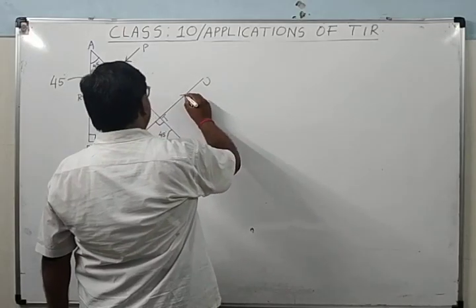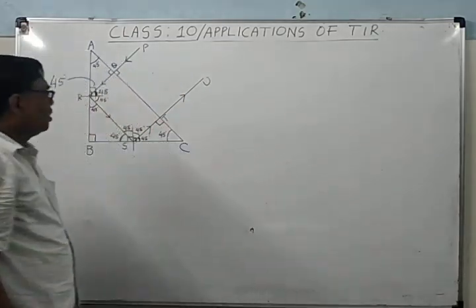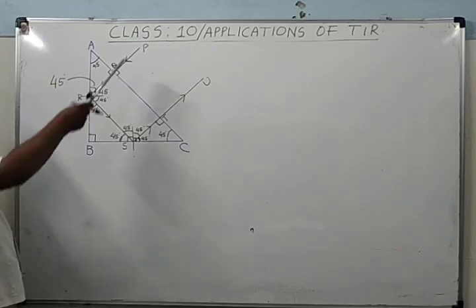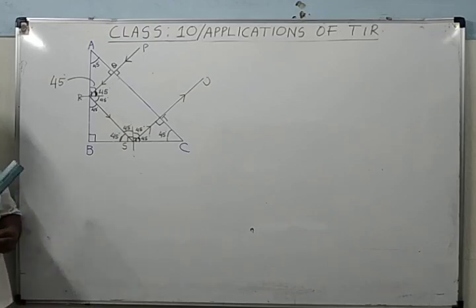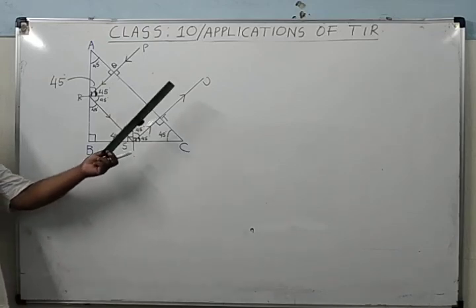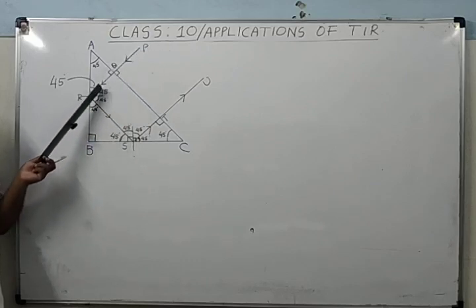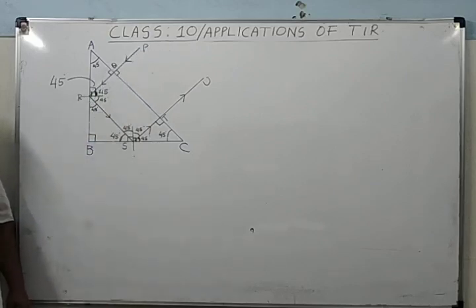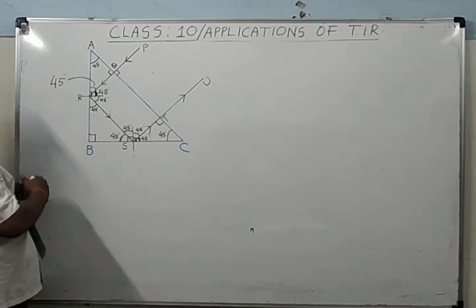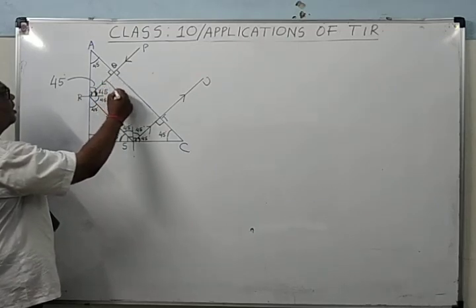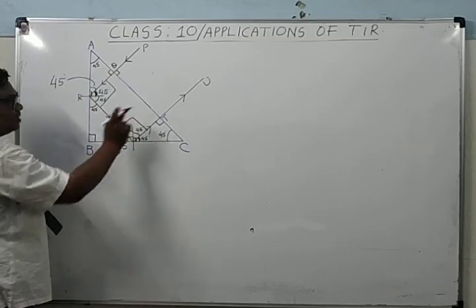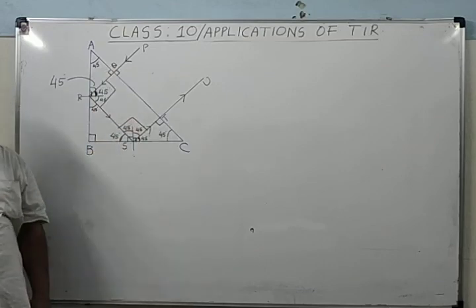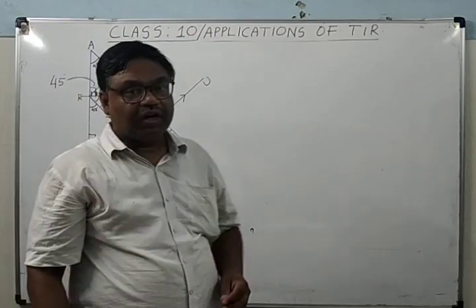So you can see here, the ray of light is going this way and returning in the same direction, because the emergent ray and the original direction are both parallel. So it is deviating by 180 degree. Why is it deviating by 180 degree? By 90 degree it deviates here, by 90 degree it deviates here. At these 2 points there is no deviation. So 90 plus 90, that is it will deviate by 180 degree.